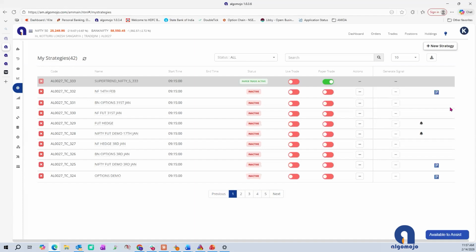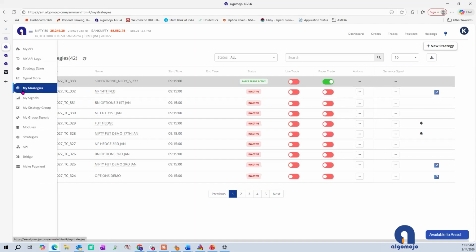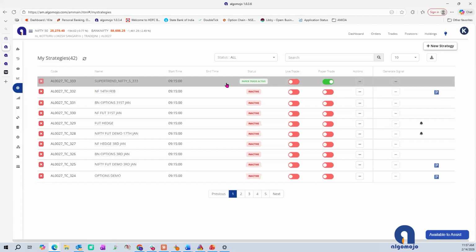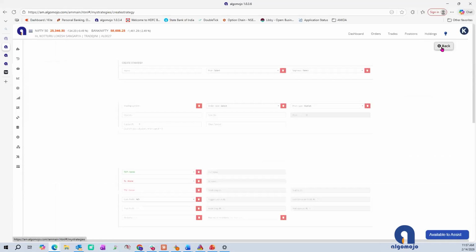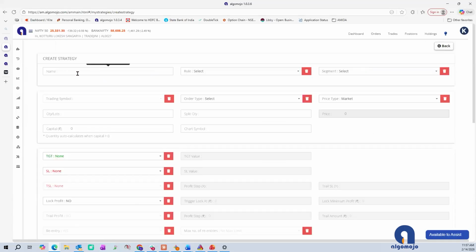Yes. So this is the strategies, my strategies, where we go and create. This we created for, say, Nifty futures trading. This one gets auto created for your strategy store subscription. Suppose you want to trade in a new instrument, say bank Nifty. You go and specify that you want to trade in bank Nifty. Here, create one more strategy saying, say, BN futures or options strategy,